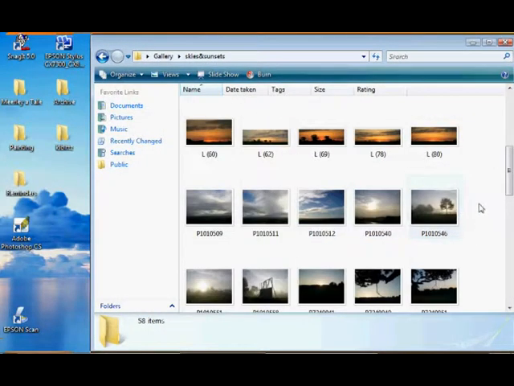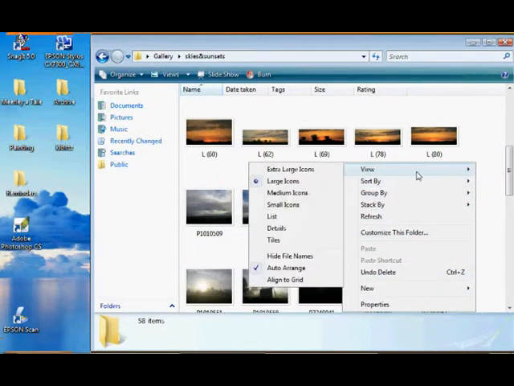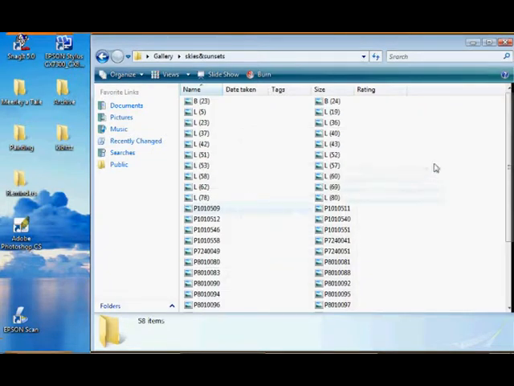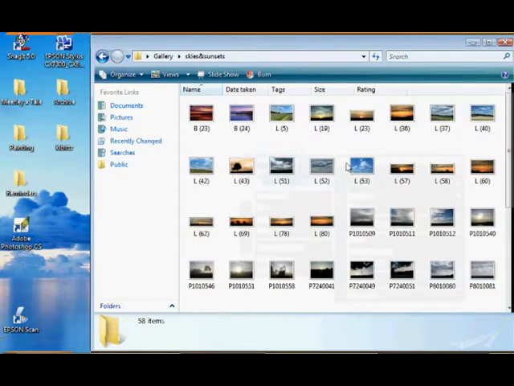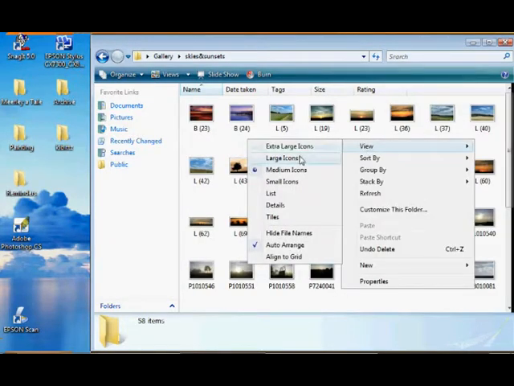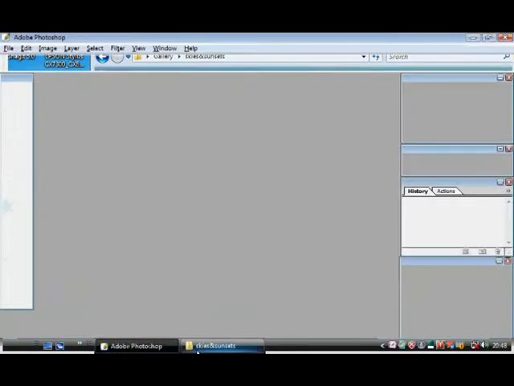If you're not sure how to get thumbnails, if you right click outside of the images, you get this menu here, and you've got view. So you've got large, medium, small. So if I click small, that will show them like that. Click it again, and I want to see what I'm working with. So medium, a little bit too small, so click it again, large. There we go. So I can see what I'm working with there,